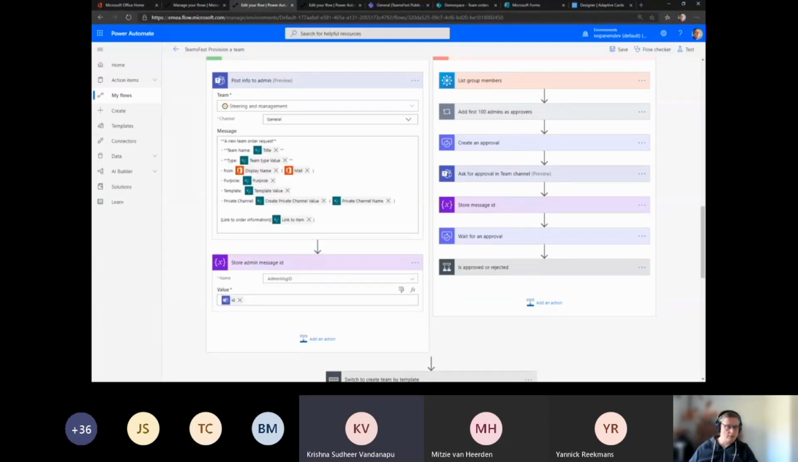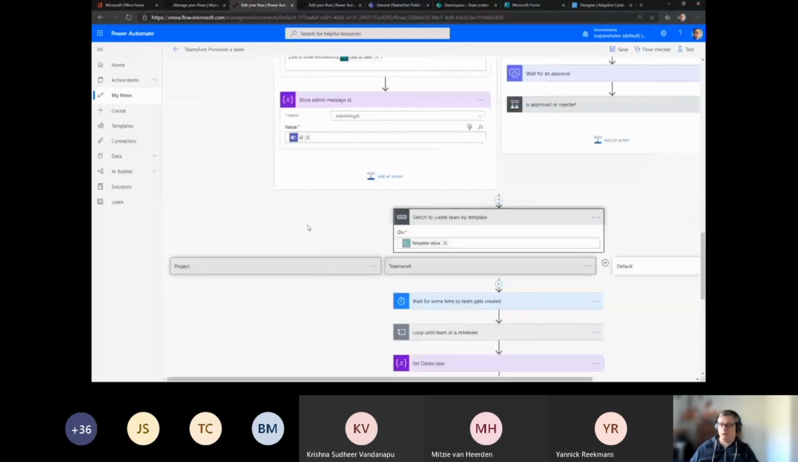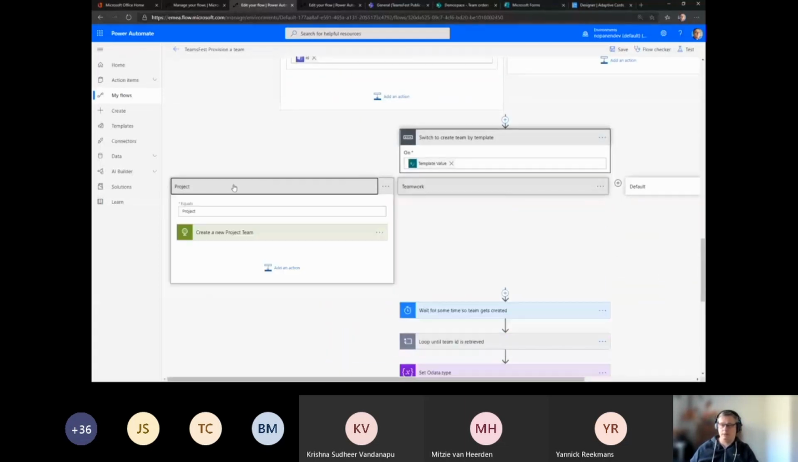There's somebody with the mic on. Then let's see if I can mute them. All right, and then we get the ID, and we go to the creation of them by template,